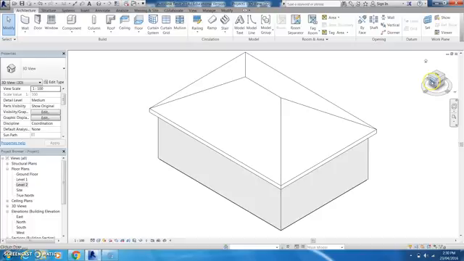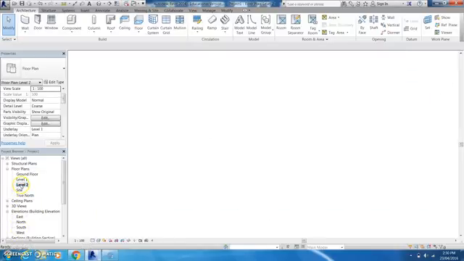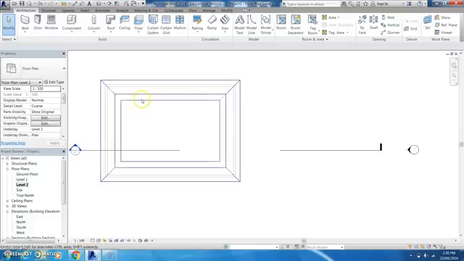But we're learning as we go along. So the next thing, if I come down here back to my level 2, I can see that for some reason it's only showing me the outside of the roof. That's because Revit has like a cut-off plan in it,